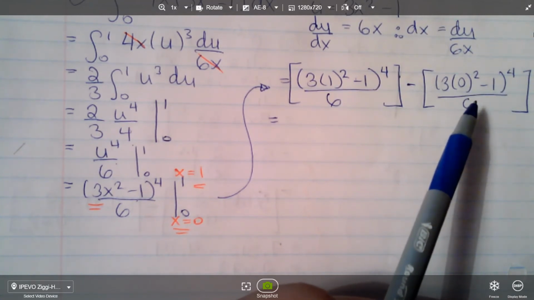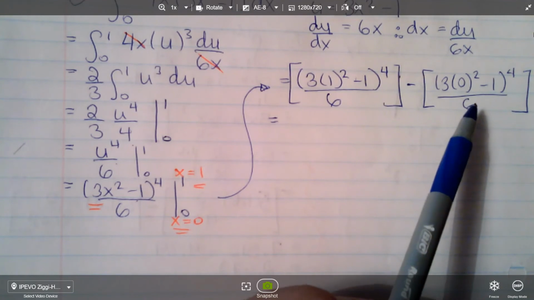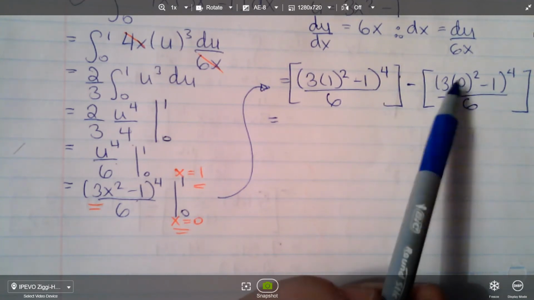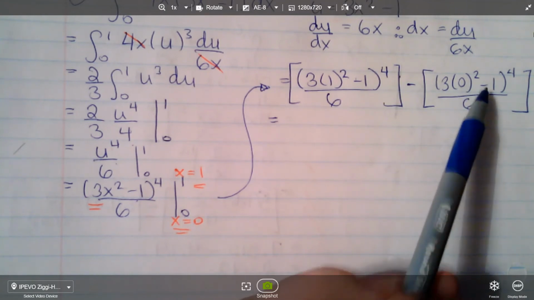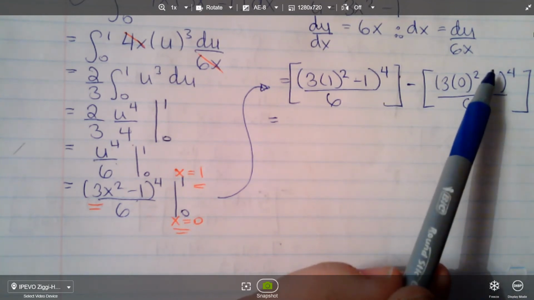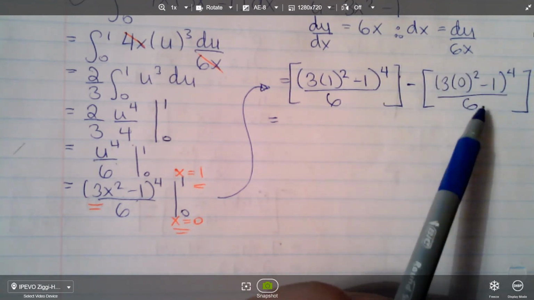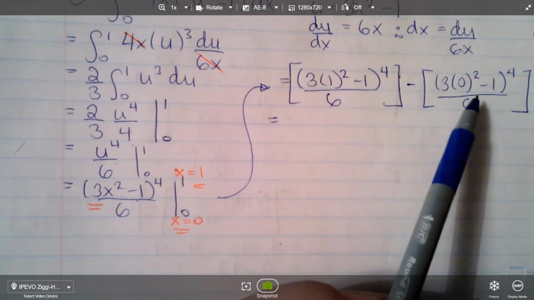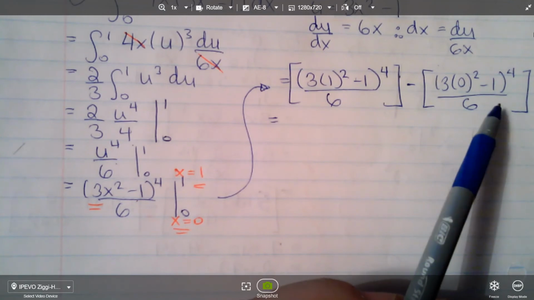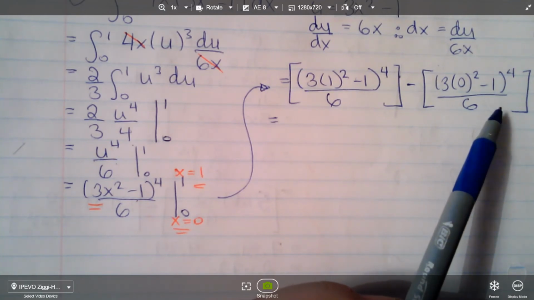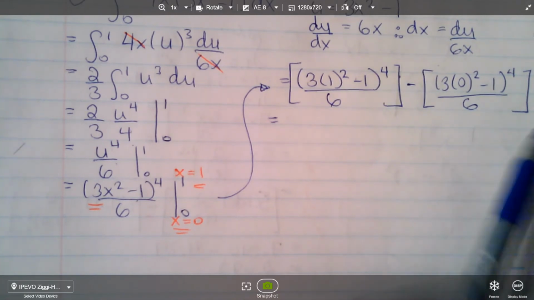Never again, don't make that assumption that just because it happened a bunch of times already or it happens a lot, that it's always going to happen. You can see actually here, yes, this part is going to be 0, but you're going to end up with minus 1 to the 4. So you're not actually going to end up with 0 for this whole second piece. It can sometimes be a bad habit that people just say, oh, this must be 0 because I used 0. That's not always true, right? So just make sure you do the problem completely, don't make assumptions. All right,